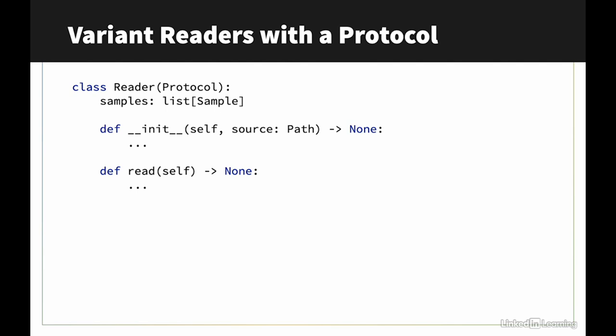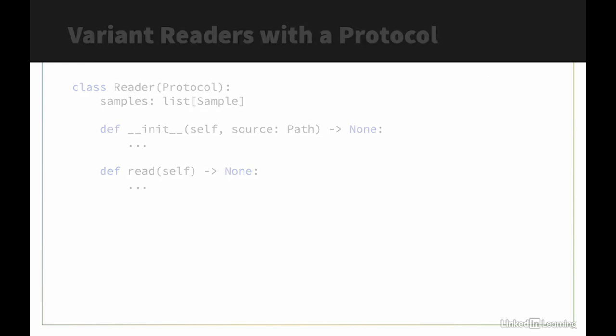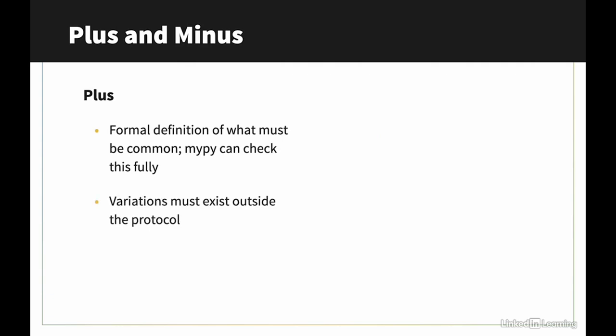In this example, I've used the typing protocol type definition to define what is an abstraction for the various kinds of readers. I can then implement classes that fulfill the contract of this protocol. This formalizes Python's duck typing, and it can be easily checked by tools like MyPy. The protocol isn't technically a superclass, it's a description for tools like MyPy to use. It formalizes a contract for alternative implementations. It makes duck typing subject to static analysis, and it's ideal for situations where there's minimal shared code among the